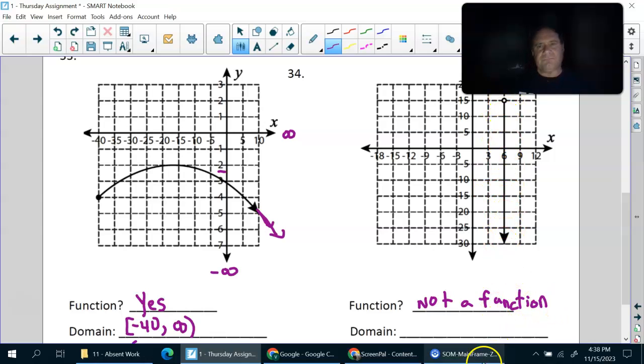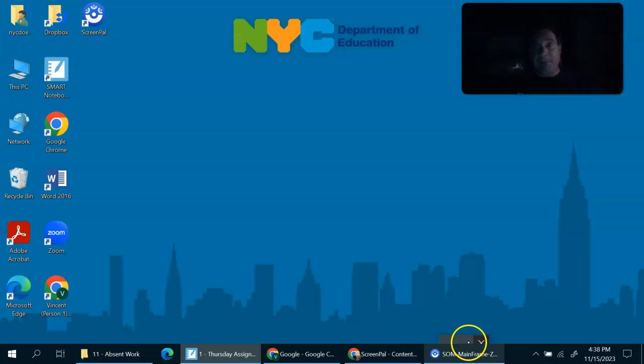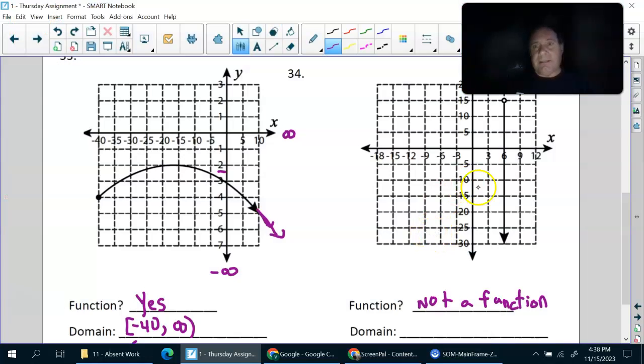Not a function. All right. Draw a vertical line on that. It hits like a million times. The x repeats and goes to different y's. All right. So